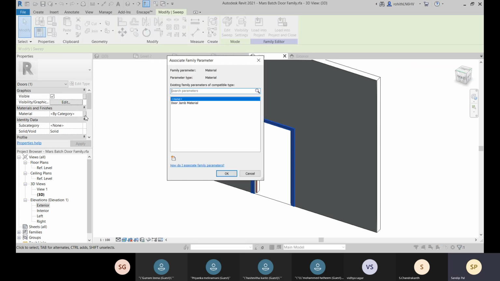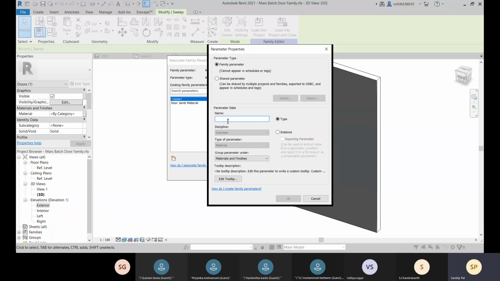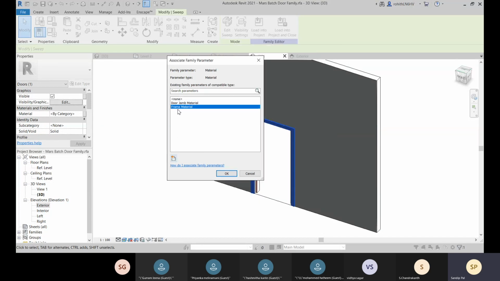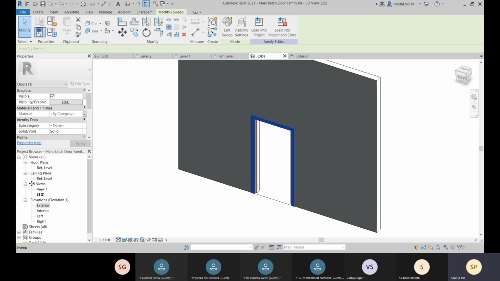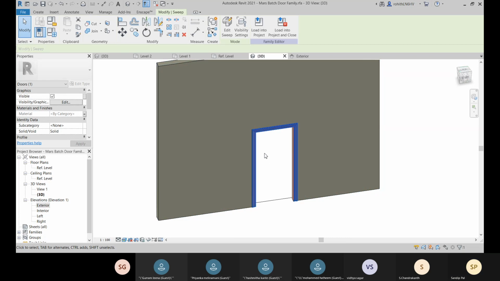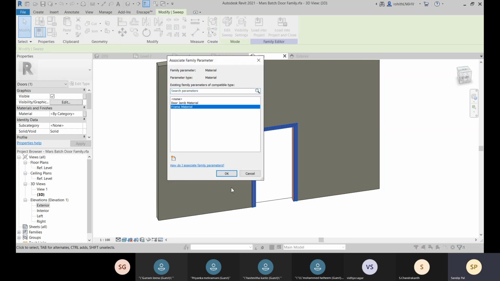Okay, so let's create a material, frame material, that is your type. Let's create that, and let's select it, and let's okay. And now if I want to add, so select this also, and from here let's select this also.